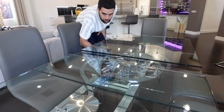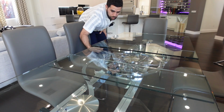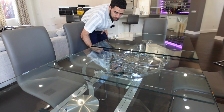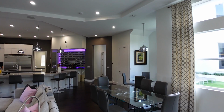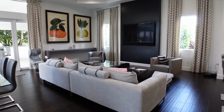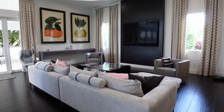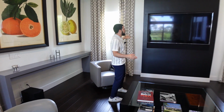So if it's time to get other chairs out and entertain a bigger party, you just expand the table just like that, and it's that simple. Off the dining table on my left, check it out. This sectional, these seats, everything is just really cozy. It makes you just want to snuggle up and then just turn on this TV and watch your favorite movie